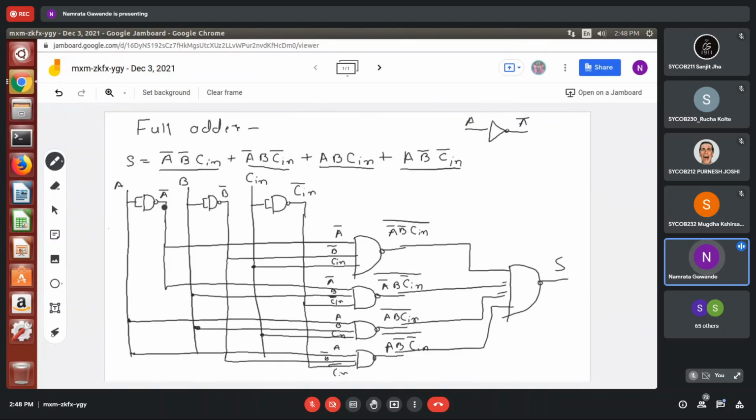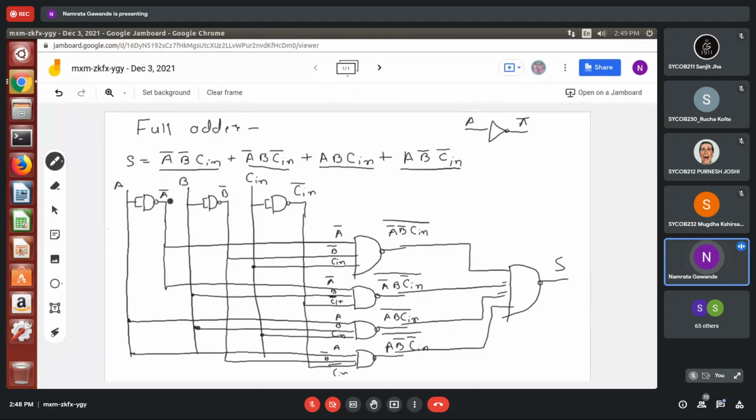The same output I will get using a NAND gate. How? I am passing the same input to both pins, pin number 1 and 2. So the output will be A bar. So the same symbol here you can use, that is nothing but the same input that we are passing.